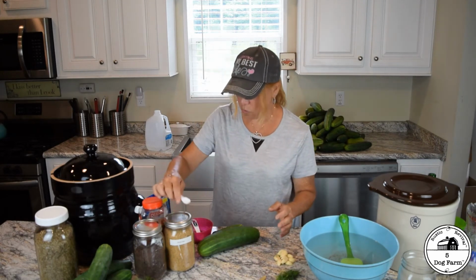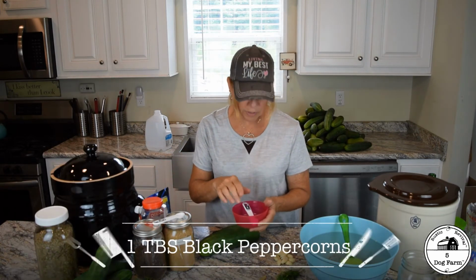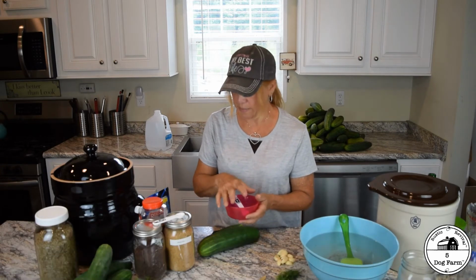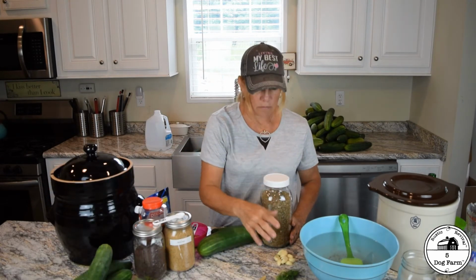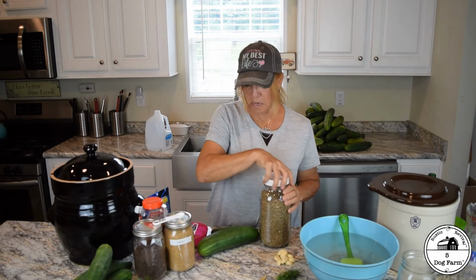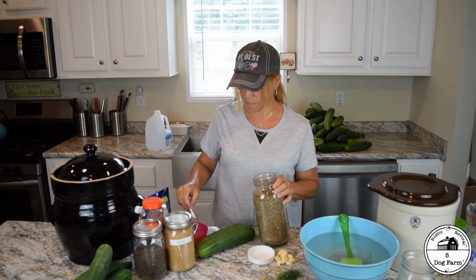Let's see, you also want, which is already in here, a tablespoon of black peppercorns, and I like to do a tablespoon of caraway seed. Now I also have over here, if you don't have fresh dill, you could use dill seed, which I have here, and I'm just going to add a half teaspoon because why not? They are dill pickles,